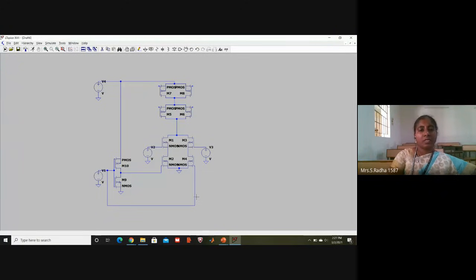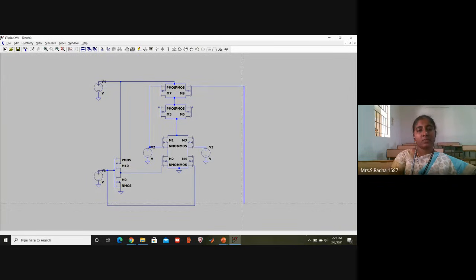Okay. And then I should give the same inputs for the PMOS also. For the first transistor, I should give the same D0, and on the right side, I should give S bar.